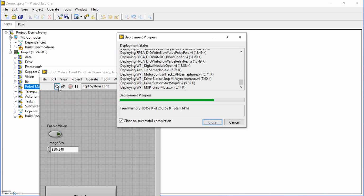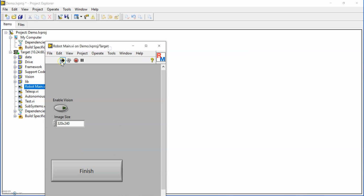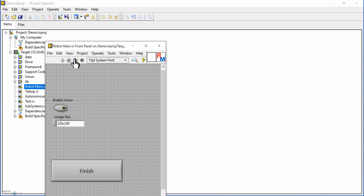And obviously, we're wireless right now. So give that just a second. Should be done. And now you've got running code. As you can see, your arrow's bolded to signify you're running. And then you've got the stop button if you need to stop running. One thing to note is your robot won't turn on because you've got safety features and it's not enabled in the driver station. So you need to open that up and enable your robot to actually have the code run and do stuff. But this is the first step. So I'm going to stop this right here, and then we're going to go into the second way of running code,